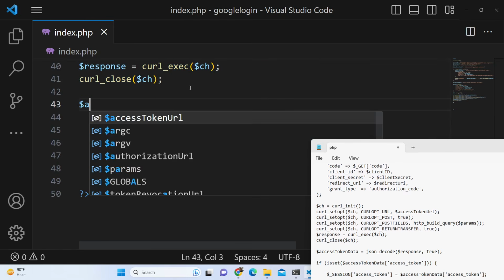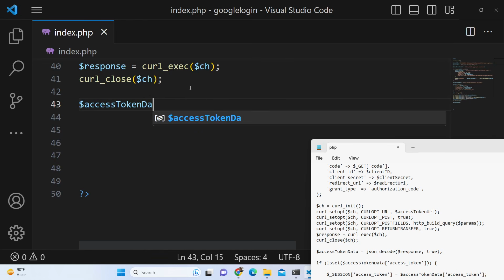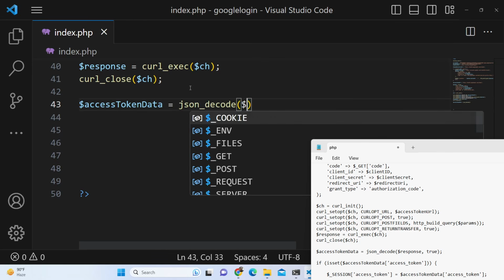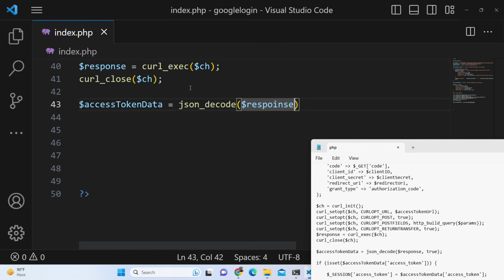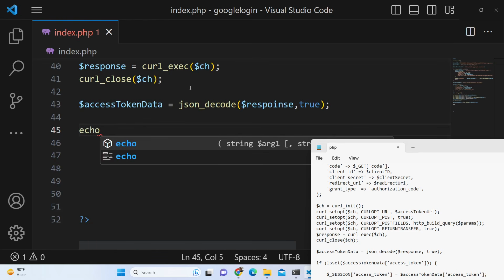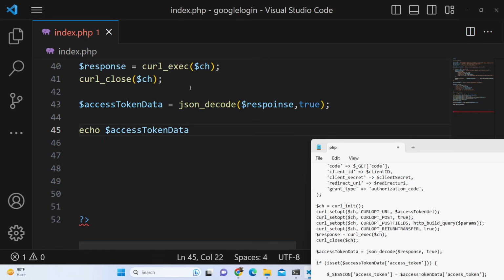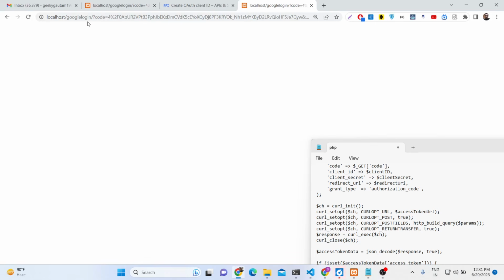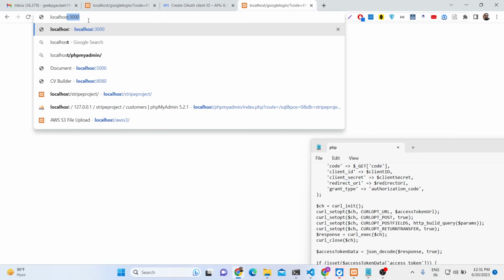Now we can store this response inside a variable, access token data. We can decode the response by using json_decode, pass the response which has come, and pass true like this. And here we will simply echo out the access token. The access token is present inside this property, guys, the response access token data, and it contains a property access_token. That's all. Just put a semicolon, and this will be our access token, guys. So if you now refresh your application, localhost Google login,